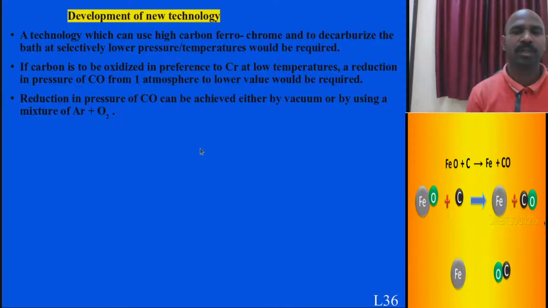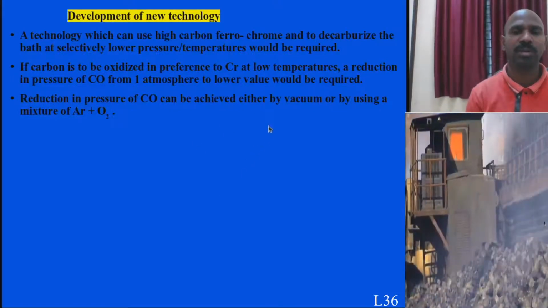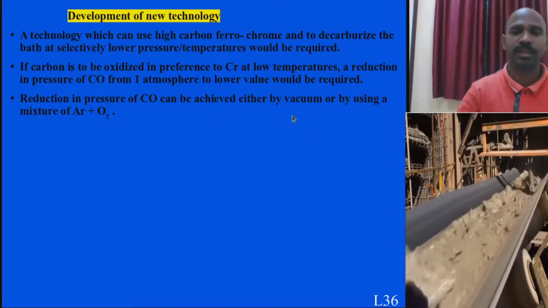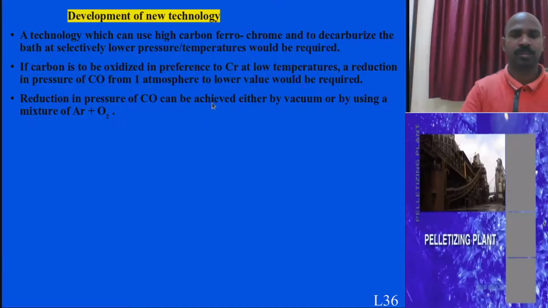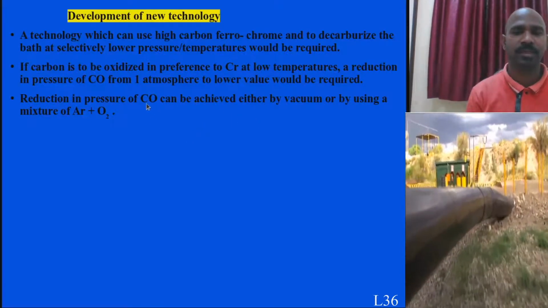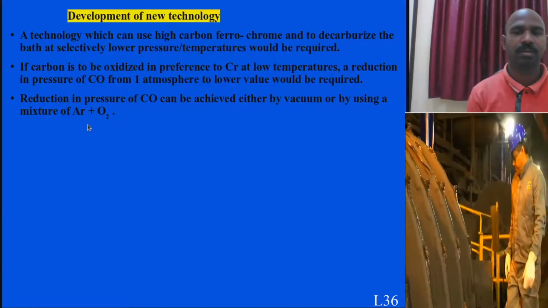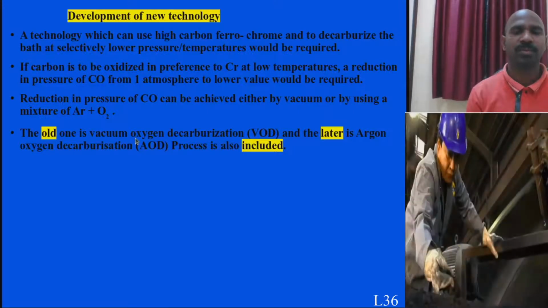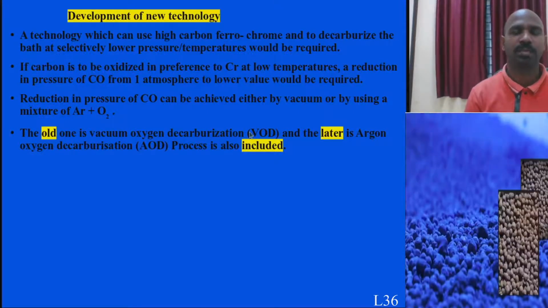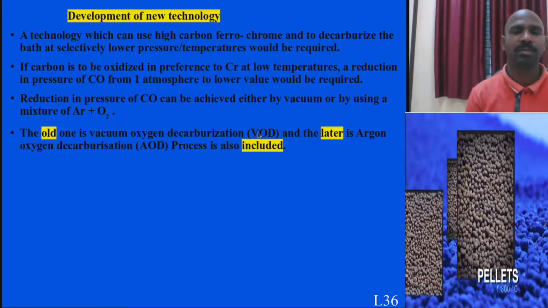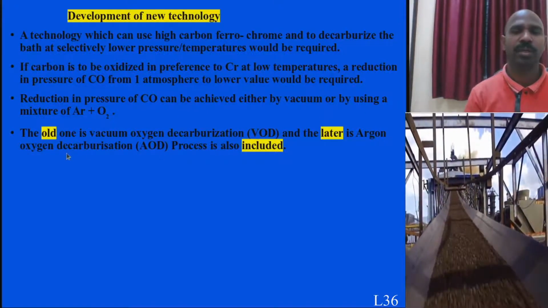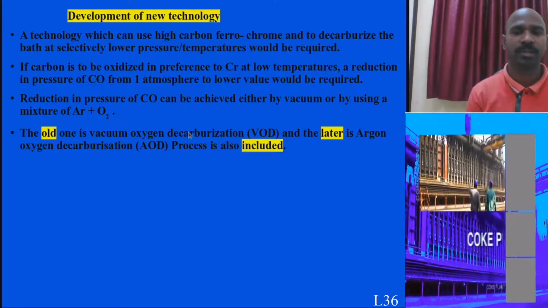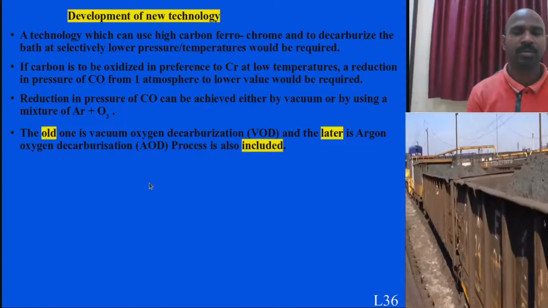And for carbon to be removed to a very low level, you need to get vacuum. So you need to have the provision of vacuum also, a further reduction of pressure, so that you can reduce the carbon content along with the argon oxygen mixture. And this particular technique, as I discussed in the last point, this combination of EAF and VOD was a very old method. Later the AOD process was included. Then it is called the duplexing method, triplexing method, when AOD is included.